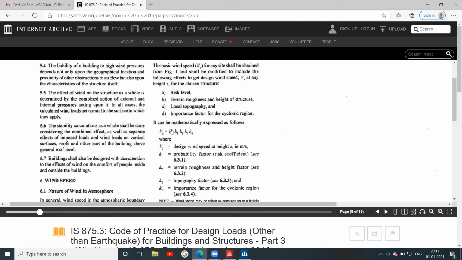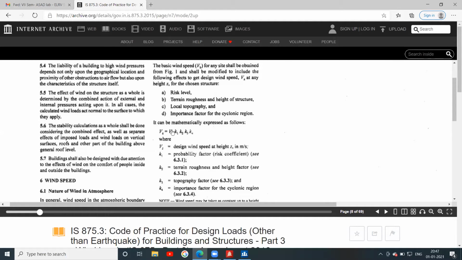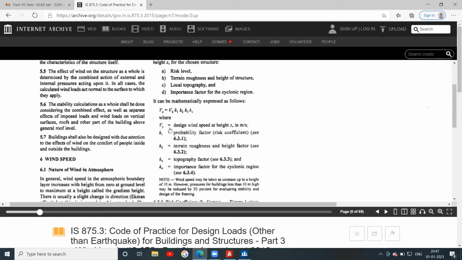So it can be mathematically expressed as Vz is equal to Vb K1 K2 K3 K4. Vb is the basic wind speed, that is 44 from the map for Hyderabad. Vz is the design wind speed at height z in meters per second. K1 is the probability factor, risk coefficient. K2 is the terrain roughness and height factor.